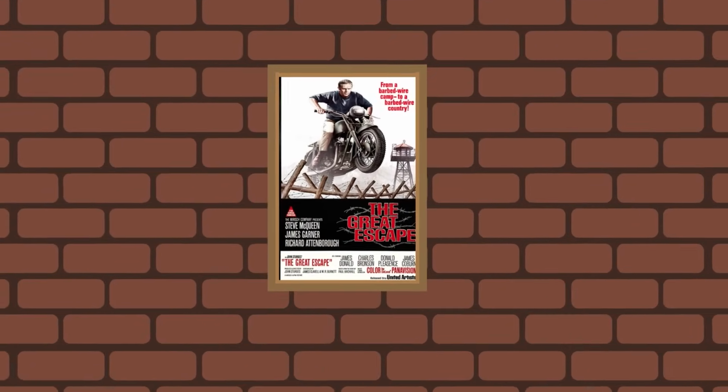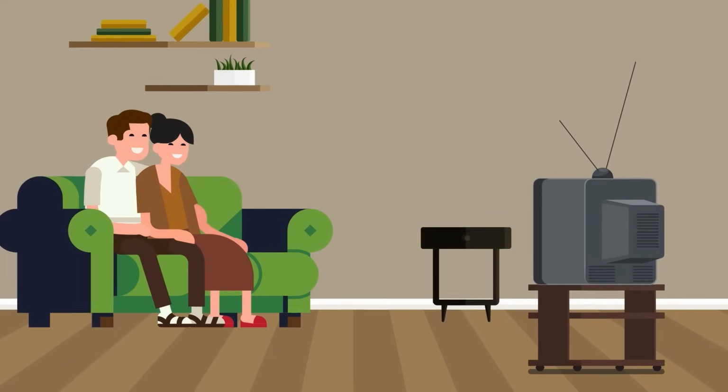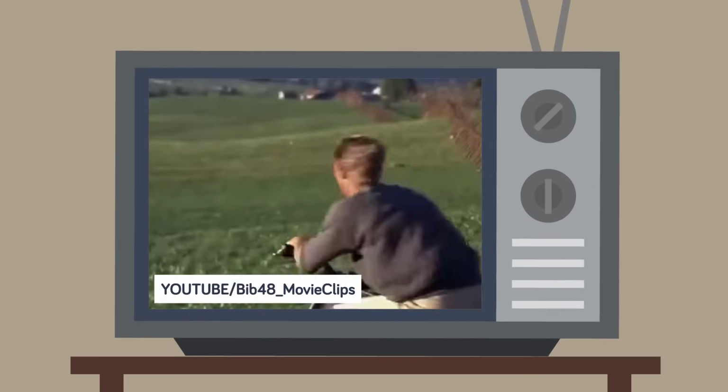That's the condensed version of the 1960s Hollywood hit The Great Escape. The Brits are very British, the Germans so darn German, and the main American prisoner played by Steve McQueen, he's so cool he could walk through fire with a smile on his face. But